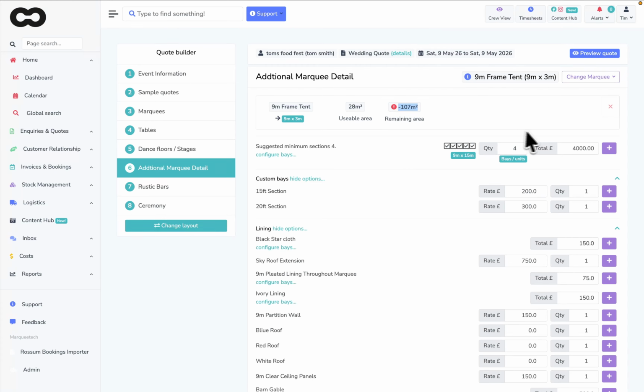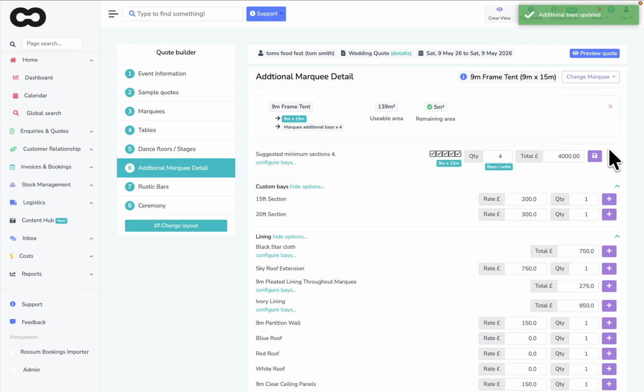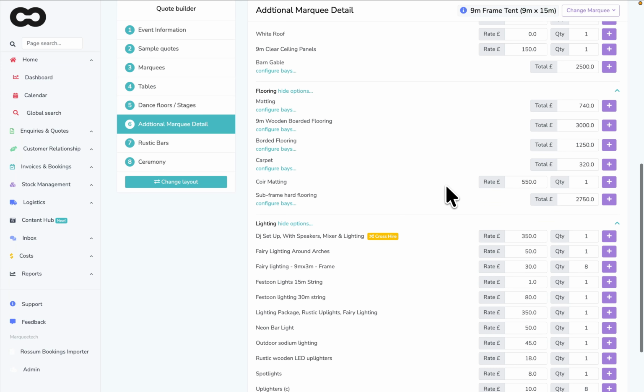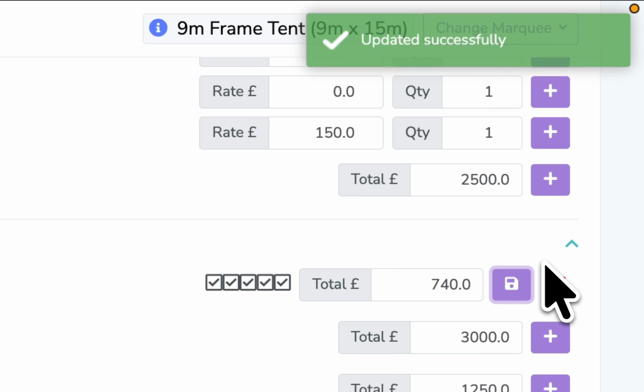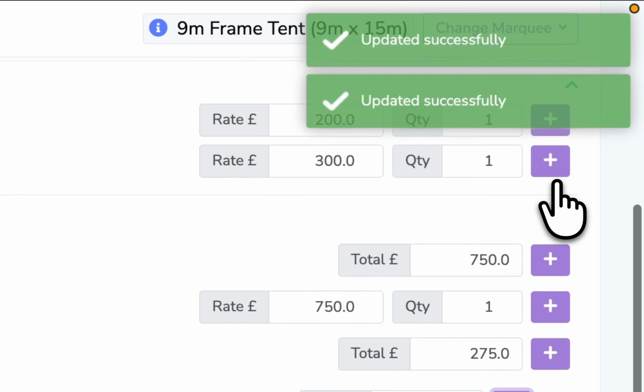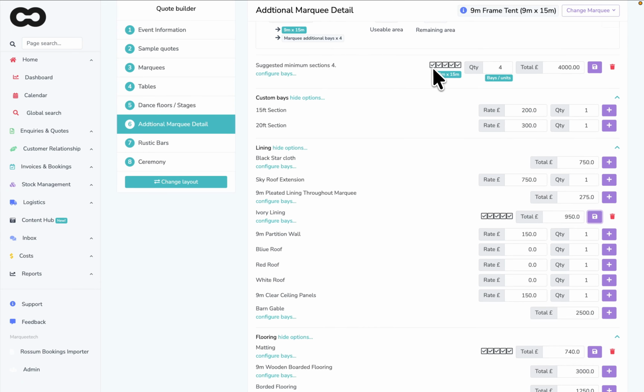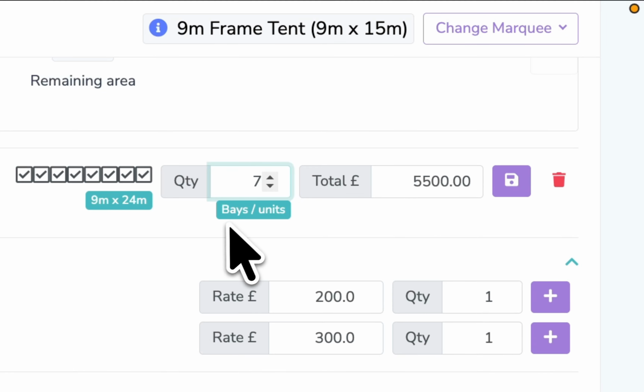And if we look at the red, which I've highlighted, that will now turn to some usable space. But we want to make that bigger. But before I do that, I'm going to also put some floor and some linings in. So I'll make the tent bigger. As I do that, keep your eyes locked onto the tick boxes and the size. And you can see, look,